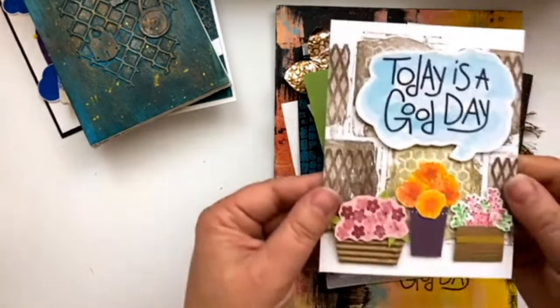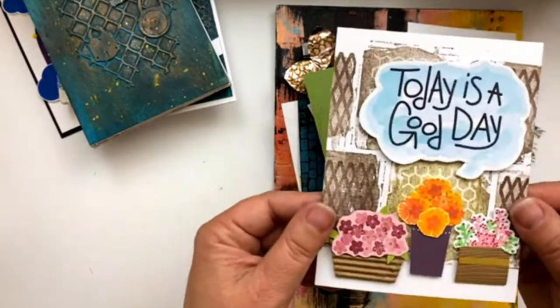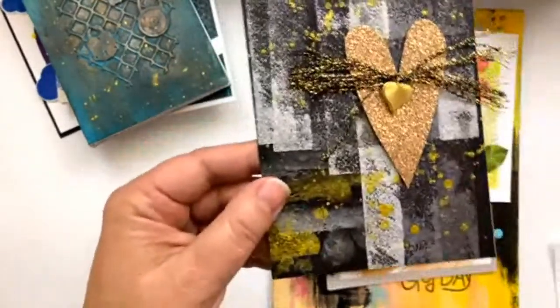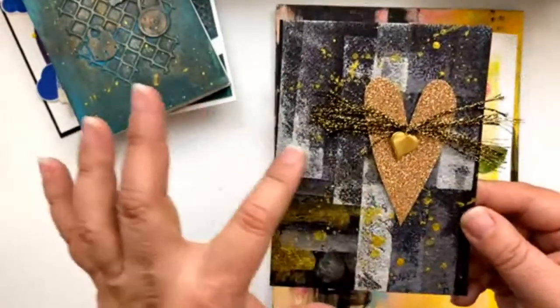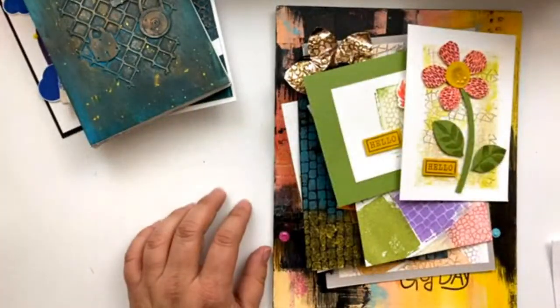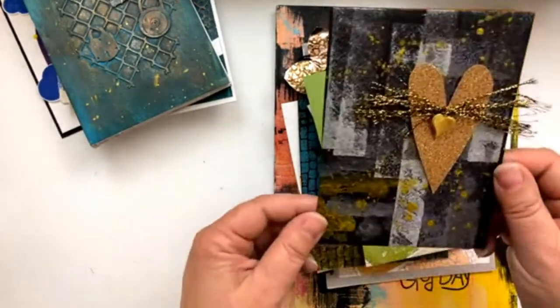Yeah, she just writes the number on there, so I don't know what it is. But another beautiful one, she went to town. She knocked the mixed media out of the park. Not gonna lie, she did awesome. Love that. I don't know what she used, but